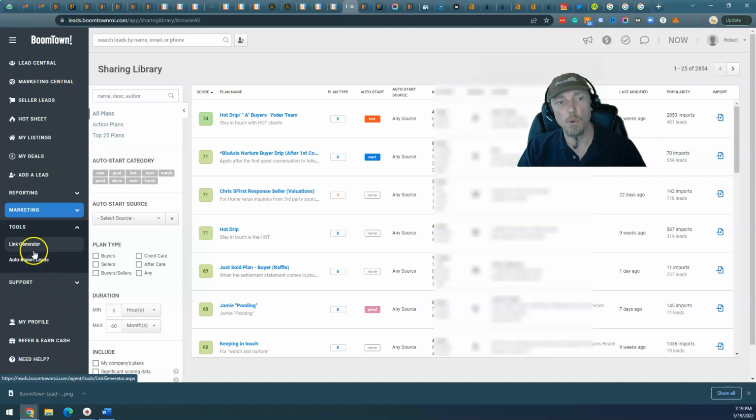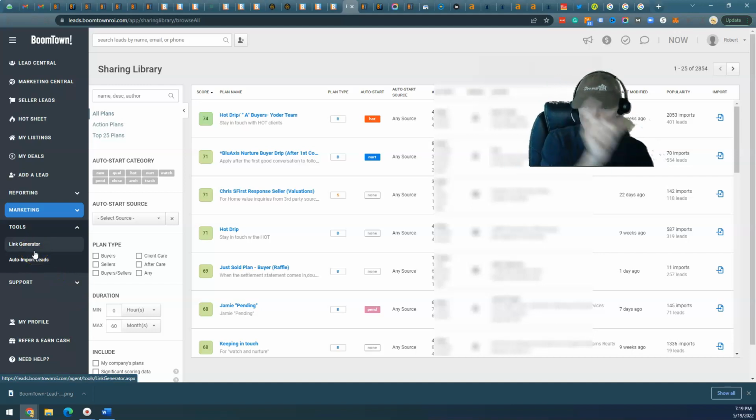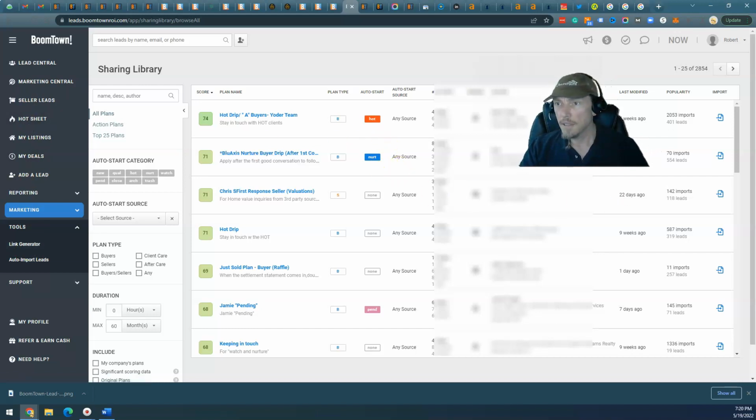Link generators is for ad tracking. You can create custom links that track your ads. That is a very intuitive thing. I do believe that Sync allows you to do that, and maybe one or two of the other systems, but not many. So in sum total, and I'm going to close this out